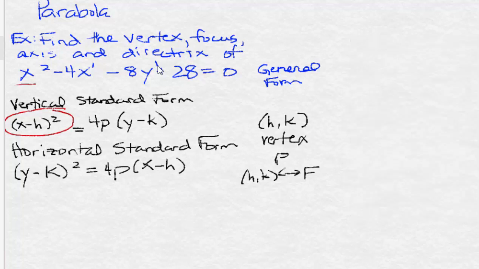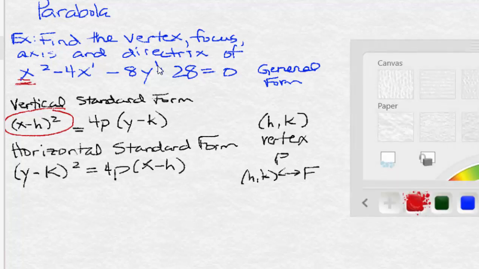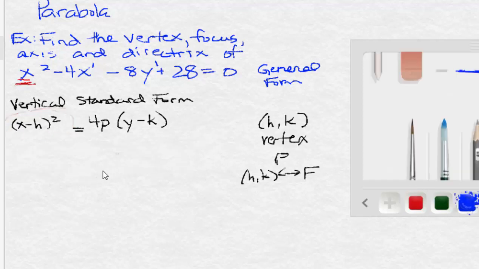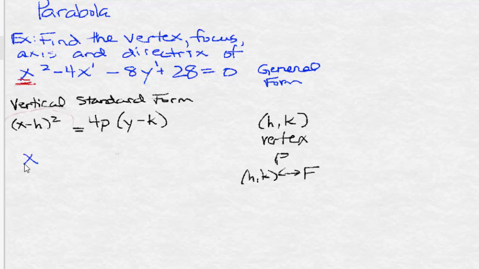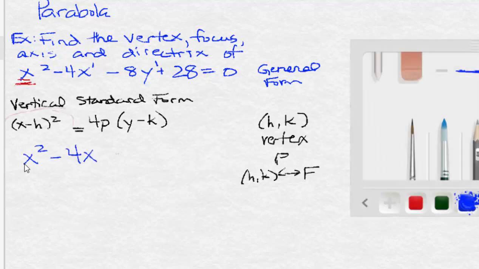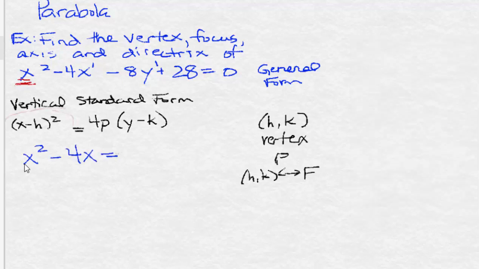And that's how we know that right now we have a vertical form of a parabola. But we need to rearrange it so that it fits this format. And that's going to involve completing the square. So we're going to leave the terms x squared and negative 4x on the left. And we're going to move our other terms, negative 8y and positive 28, over to the right by adding 8y